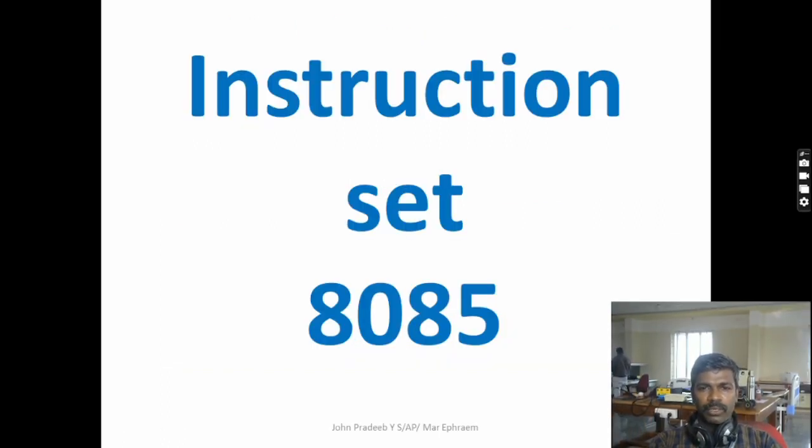So in this video we are going to learn about the instruction set of the 8085 microprocessor. The 8085 microprocessor is an 8-bit processor, so it is easy to learn. It has some instructions; 246 instructions are available. So we are going to learn about what is an instruction, what is an instruction set,